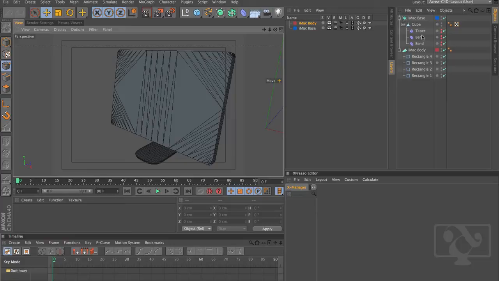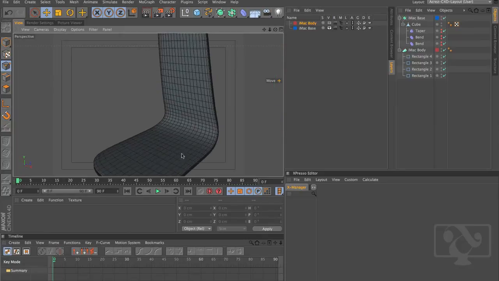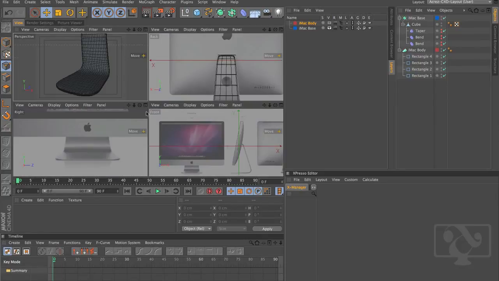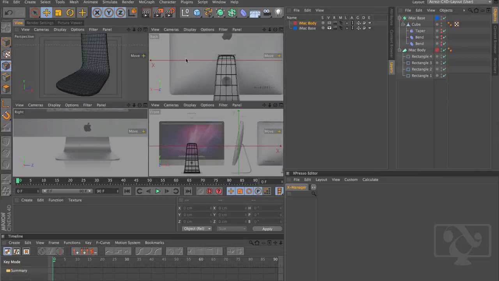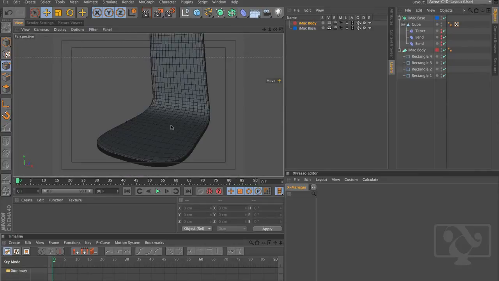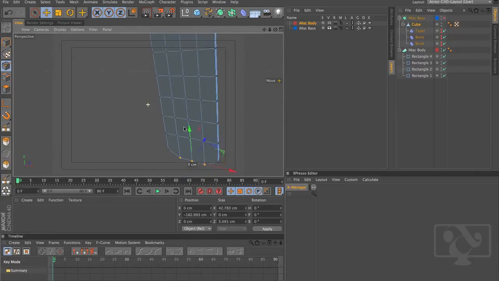So I just want to edit the iMac base a little bit. I'm going to hide the body and then come over to the base. If we have a look on the right perspective, you can see that on the rounded corners it gets a little bit wider as it comes to the bottom of the base. So to do that, we're going to come over to our 3D perspective and uncheck the hyperNURBS objects, select the cube,